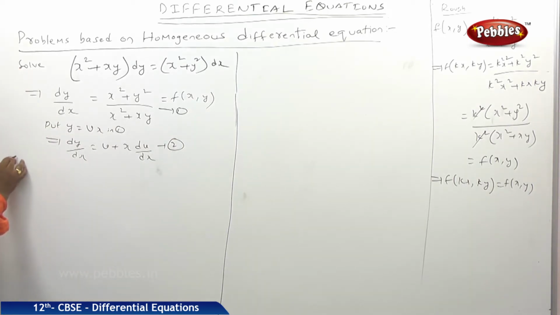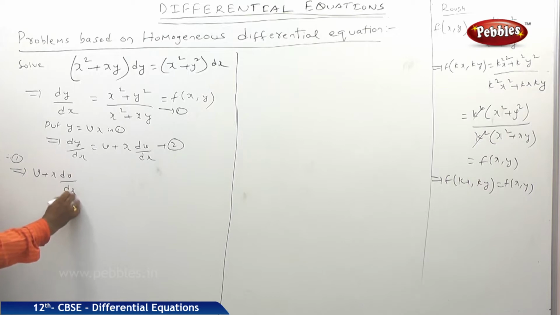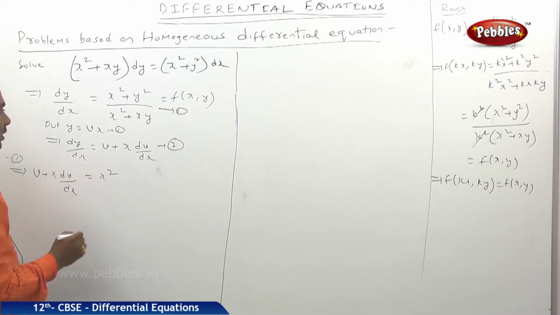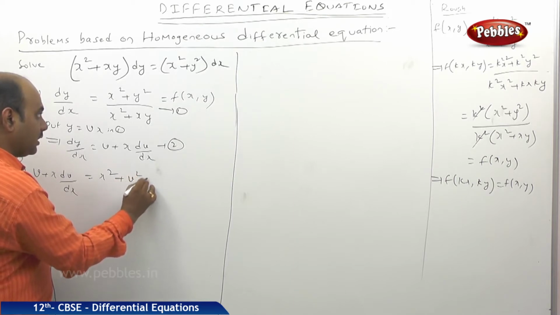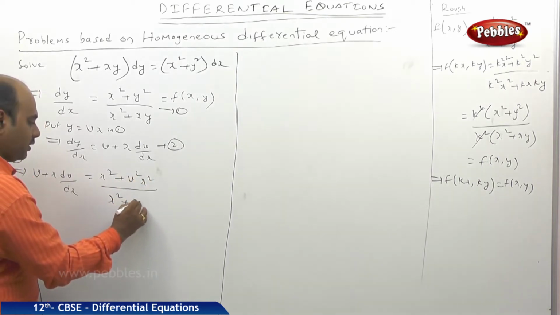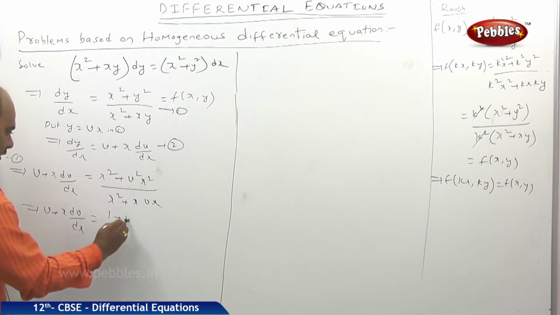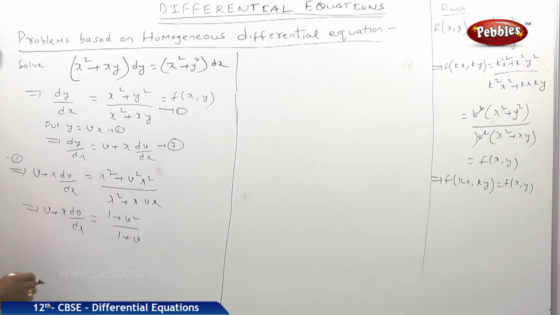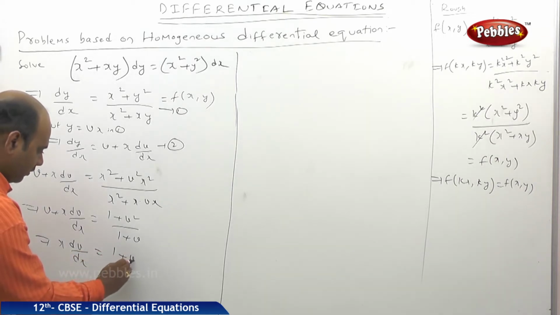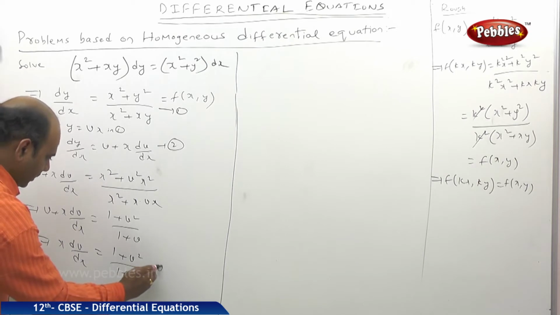Therefore, equation 1 implies dy by dx means v plus x into dv by dx is equal to x square, y means v x, so v square x square divided by x square plus x into vx. So finally v plus x into dv by dx is equal to 1 plus v square divided by 1 plus v. I think x square will be getting cancelled. So finally x into dv by dx is equal to 1 plus v square by 1 plus v